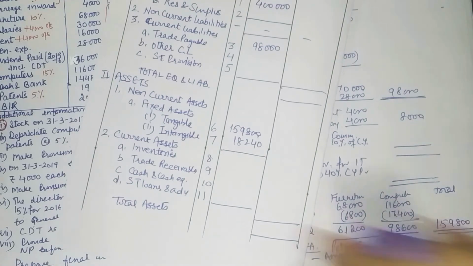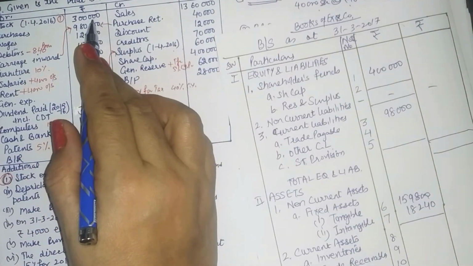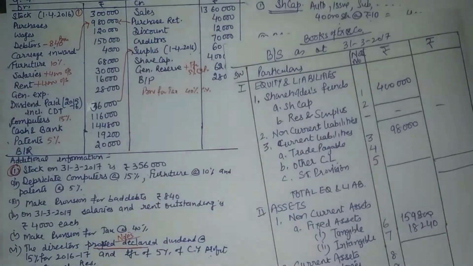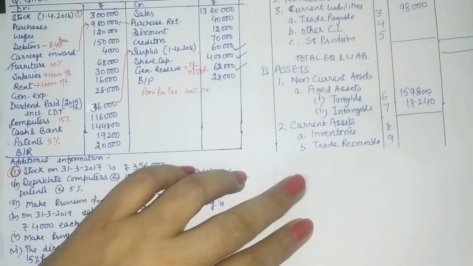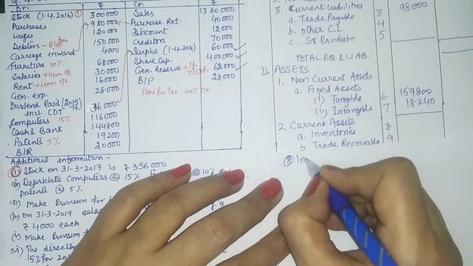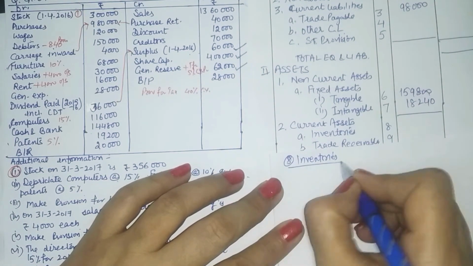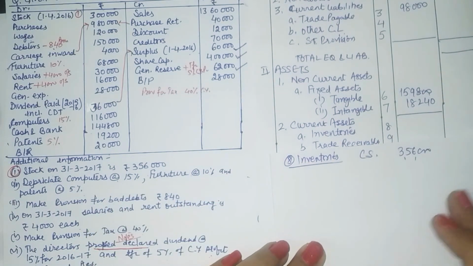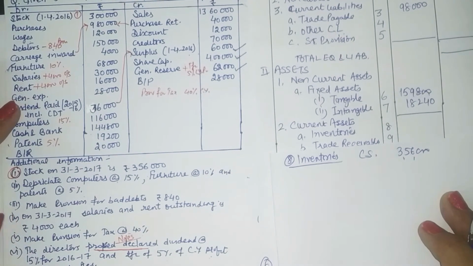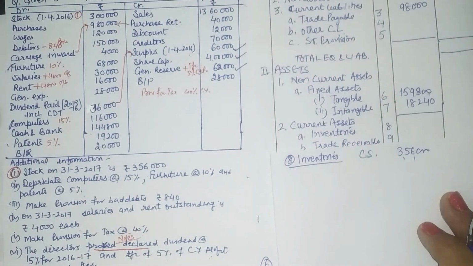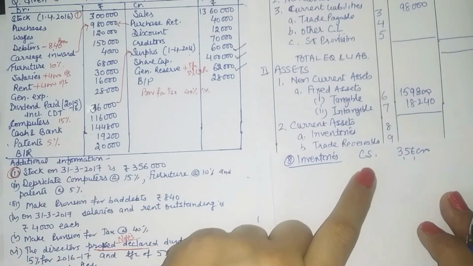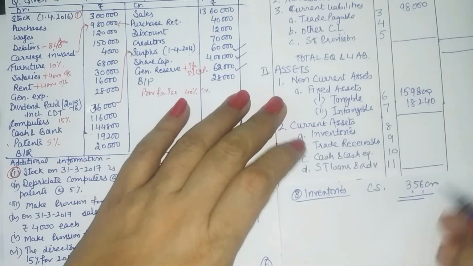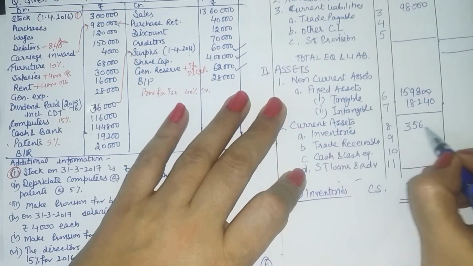So look at the question. This was the opening stock given to us, and your closing stock is 3,56,000. So we can write inventories, note number 8. Closing stock 3,56,000. Now sometimes loose tools are also given which are valued at the end of the year. So loose tools valued will also be included in the inventories for the purpose of the balance sheet. Alright, no other adjustment in this, so this can be directly taken.